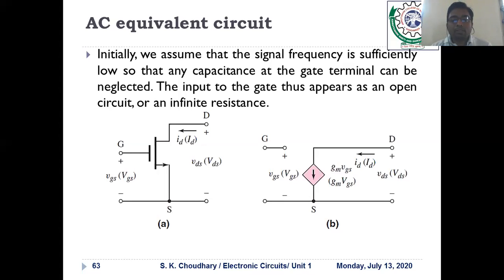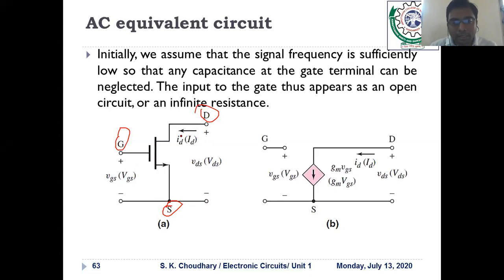In this diagram, first of all, I will discuss the N channel enhancement type MOSFET. Then we convert this AC equivalent circuit into the corresponding common source circuit. In this diagram, this is the drain terminal, this is the gate, and this is the source. As we are discussing the common source, we take the source as common, in the input side of the circuit as well as at the output side of the circuit.